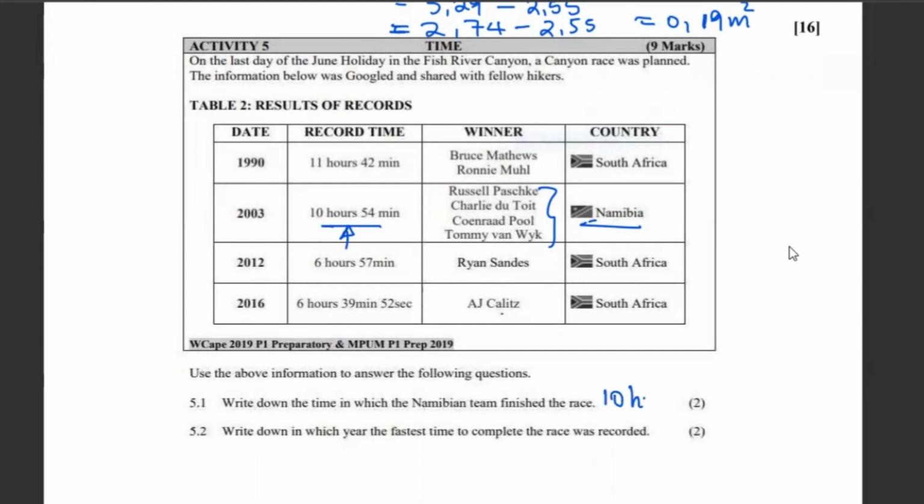So it's 10 hours 54 minutes. That's the time they took. So write down